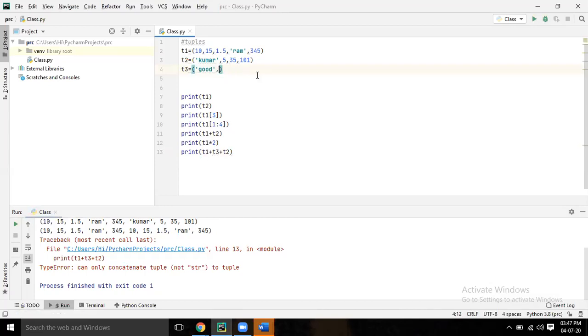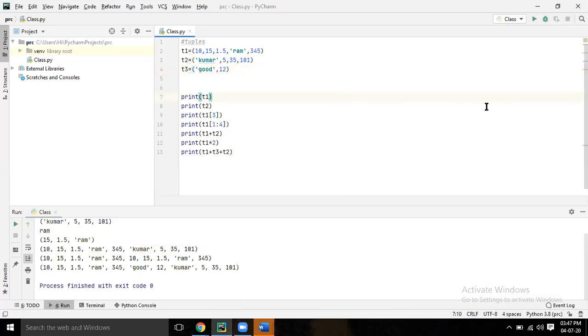If you are giving one item, that is considered as a string. Multiple items means it will become a tuple. A single item will become a string, right? Yes, sir. That's the reason. Clear?